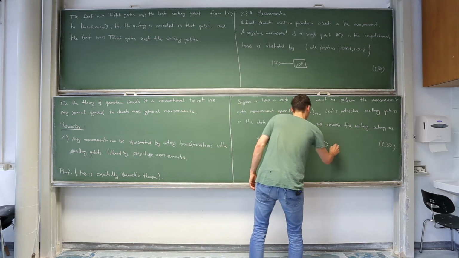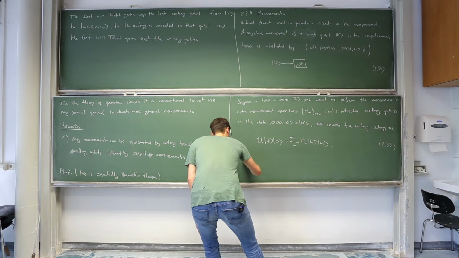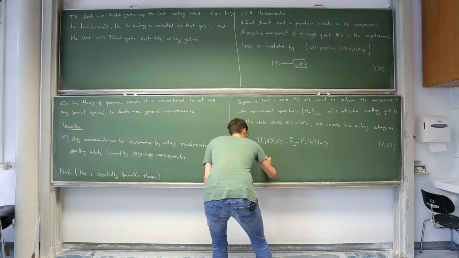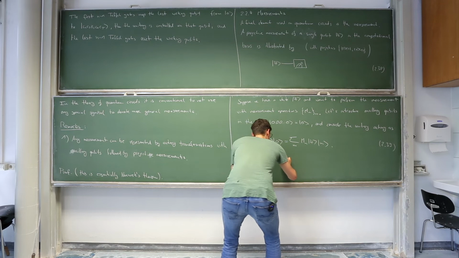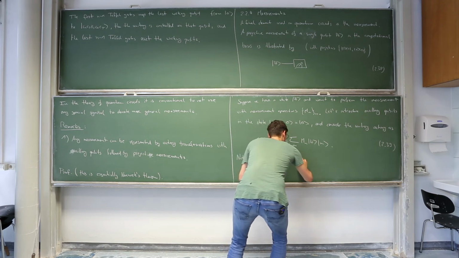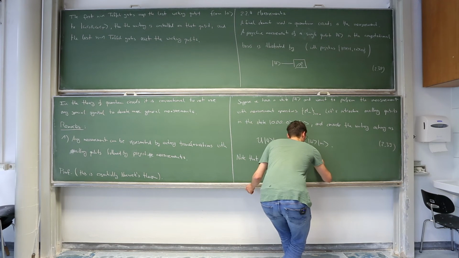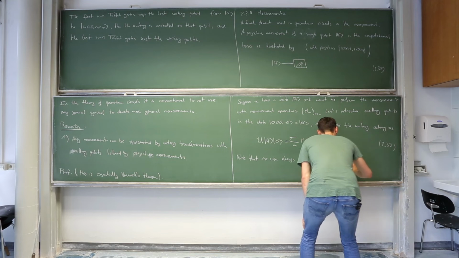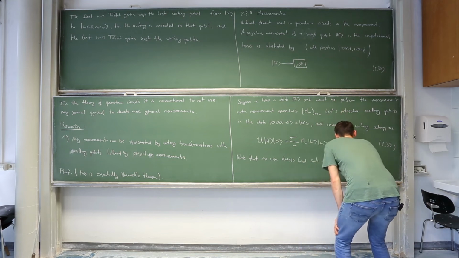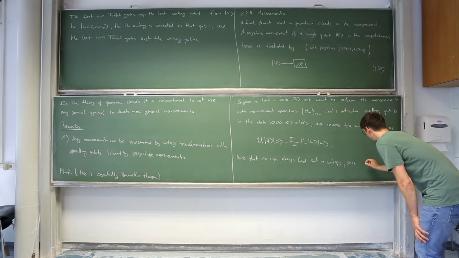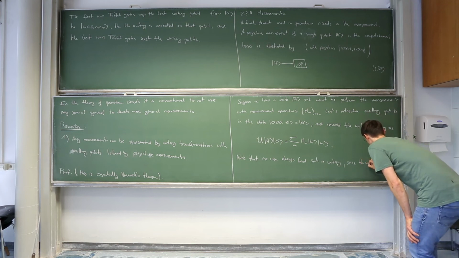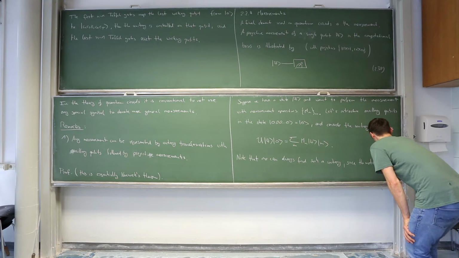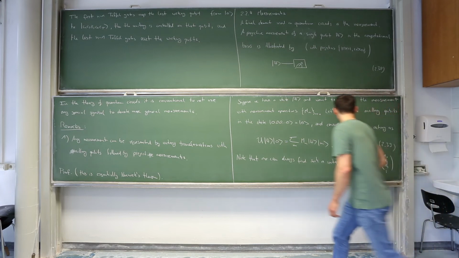So, first note that one can always find such a unitary since, if I define the matrix M1, M2, M3, and so on,